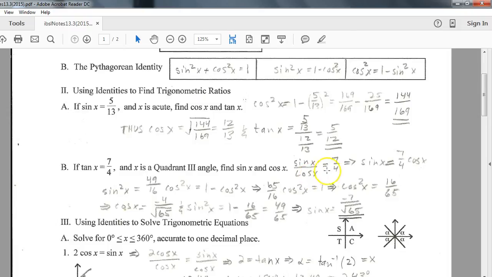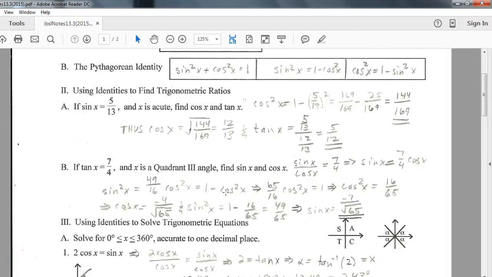If I multiply the cosine over, then I get this look right here. If I square both sides, then I'm going to get sine squared is now equal to 49 over 16 cosine squared. We know that based on our formula from here,